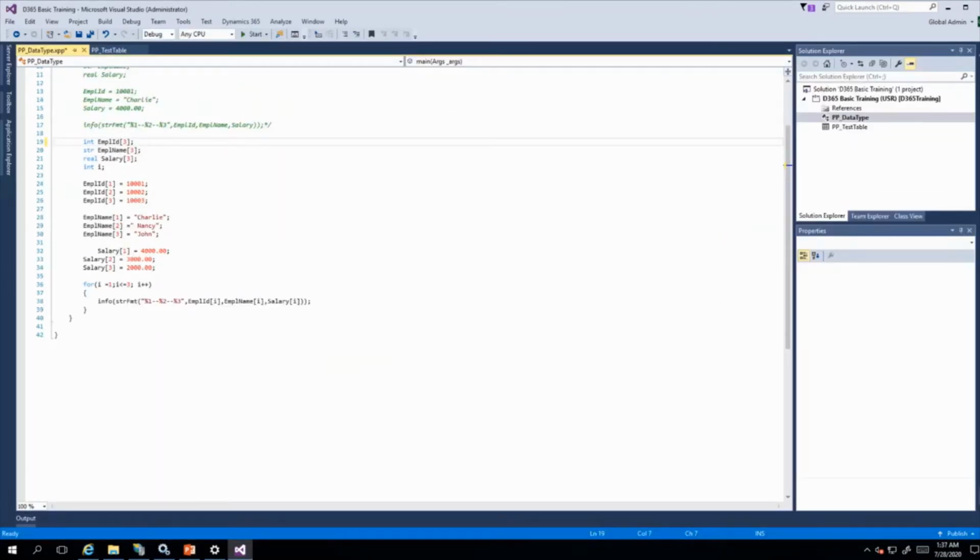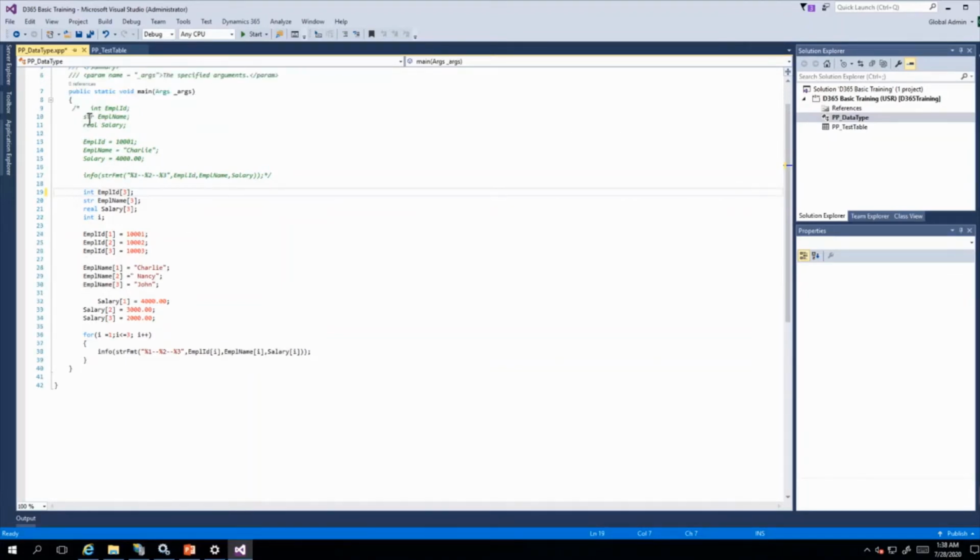If I would have used the container, it is easier compared to array and primitive data types. Primitive data types, we have seen the example here, like we have declared int, string, real, and a container is also more useful than an array. In a container, the object is a dynamic list of items that contains primitive data types and composite data types also. So you can pass the same data type in, and also you can pass multiple data types. We will see here.